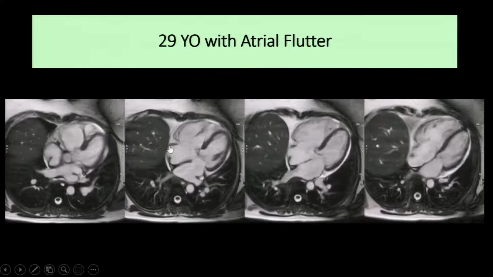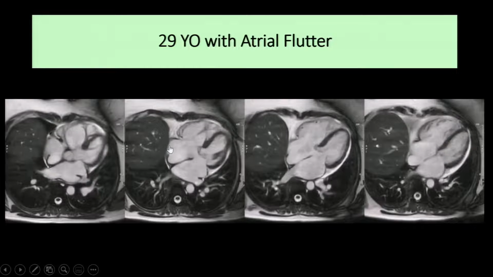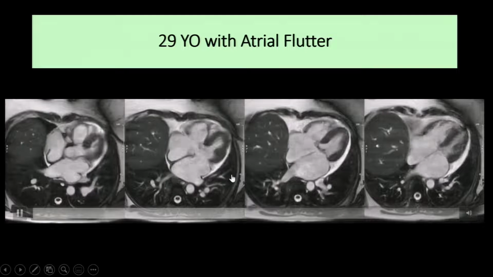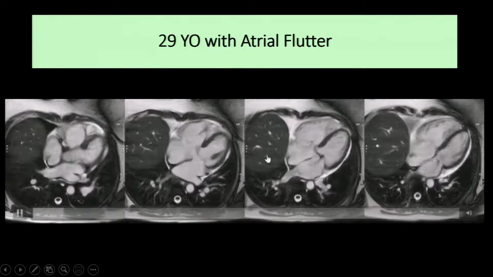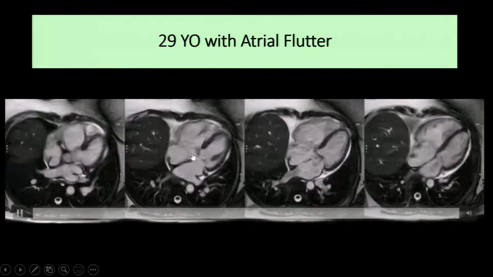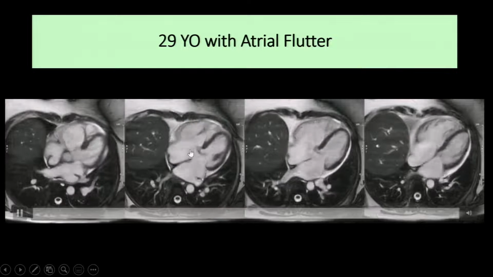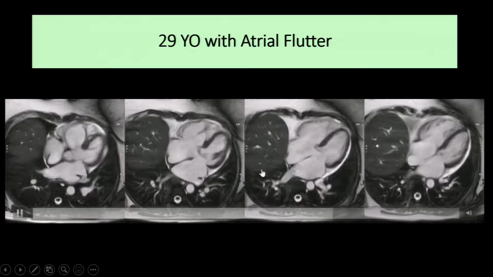This is a 29-year-old with atrial flutter. Patients with shunt lesions frequently present with arrhythmias, as you can gather from here. And you can see that looking at the septum, the fossa ovalis looked intact, but you're missing the septum near the crux of the heart here. So this is a patient with a primum ASD who also has a